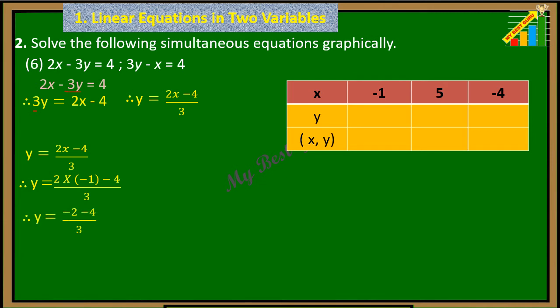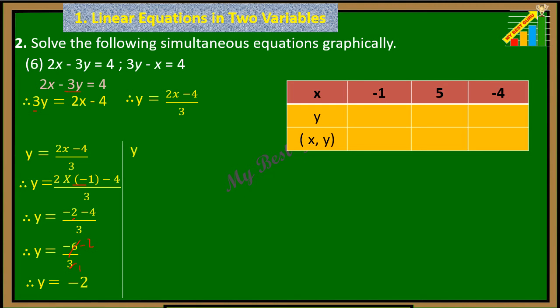So the value of y is equal to 2 multiplied with minus 1 is minus 2. So here it is minus 2 minus 4 divided by 3. So y is equal to minus 6. See, minus 2 minus 4, you have to do addition if signs are same. So it is minus 6 divided by 3 as it is. Now 3 ones are 3, 3 twos are 6 and minus plus minus. So the value of y is equal to minus 2.